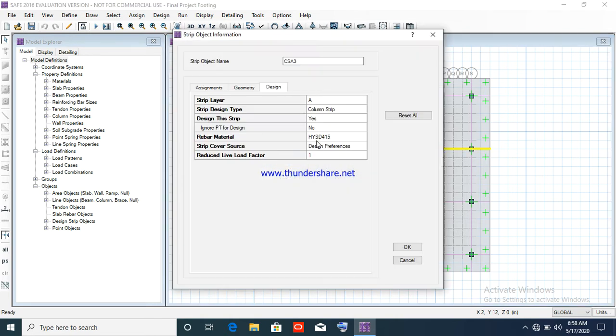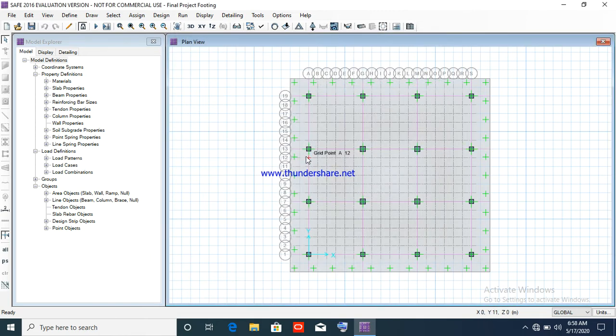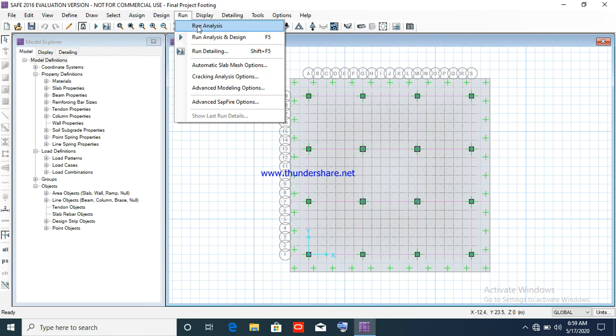So I defined the rebar material of this design strip as HYSD 415. Here you can see 1, 2, 3, 4 design strips in X direction. It is named as A, and I changed the rebar material to HYSD 415. Similarly in case of B, that is the design strips in Y direction, the rebar materials are also set as HYSD 415. So after that I ran the analysis by clicking on run analysis, and then I clicked on